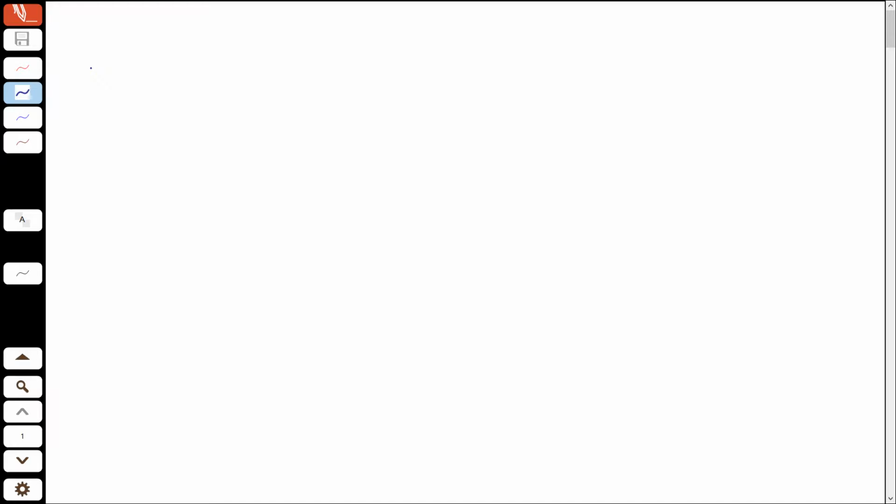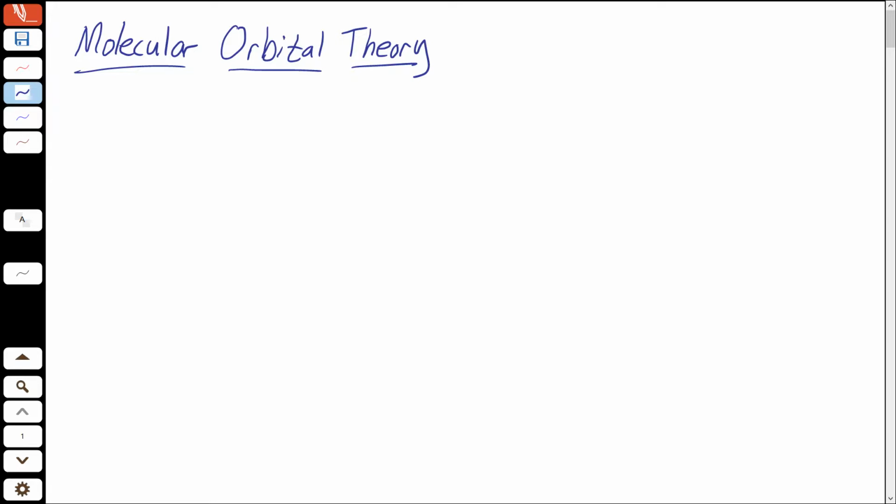All right. The last part of Chapter 10 deals with molecular orbital theory. And it's a different way of thinking about how atoms come together to form molecules and how bonds are formed. It's a more powerful theory because it explains more things than what we have just been dealing with, which is